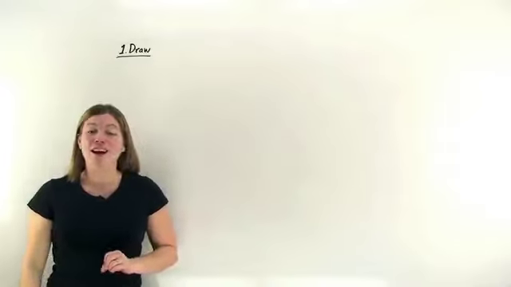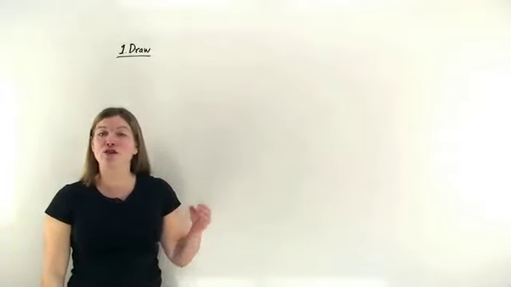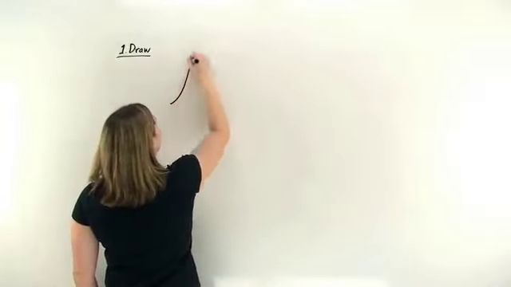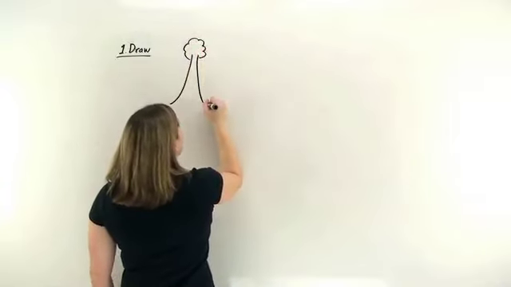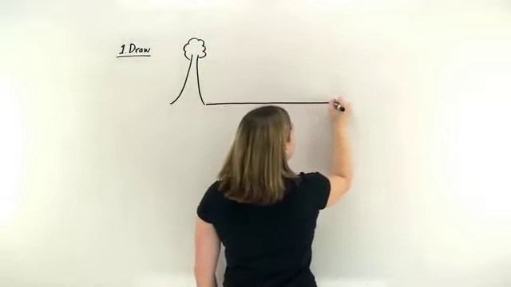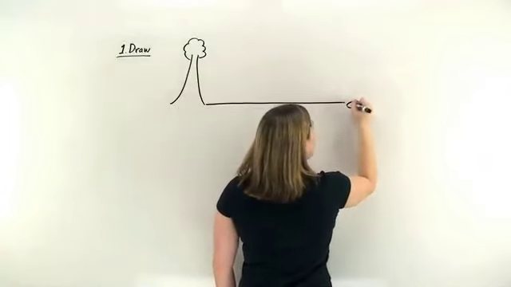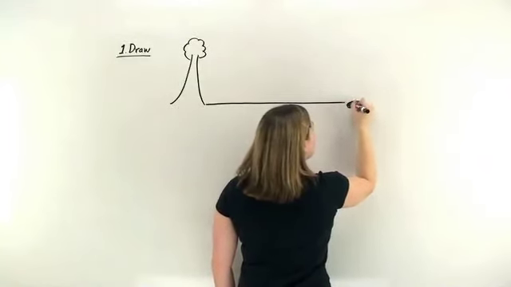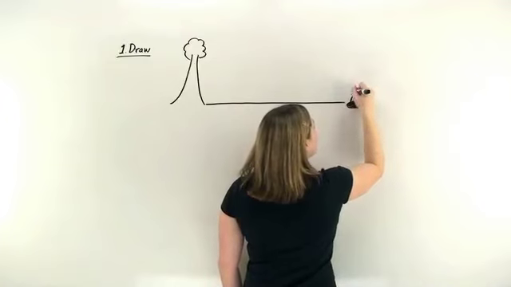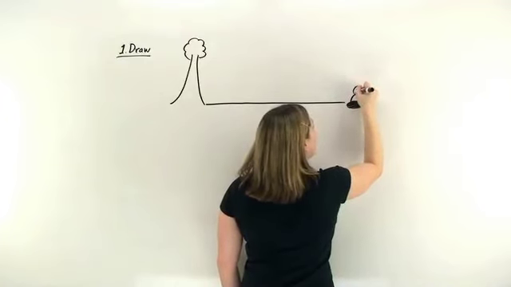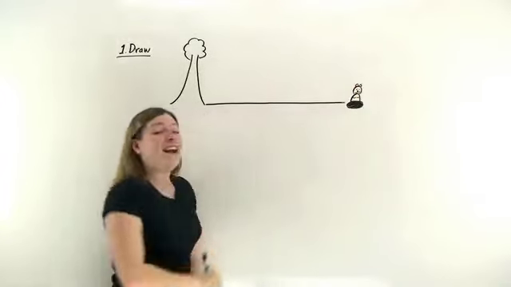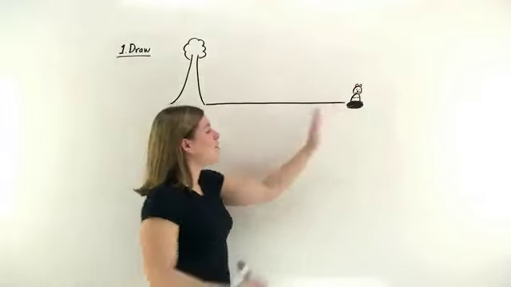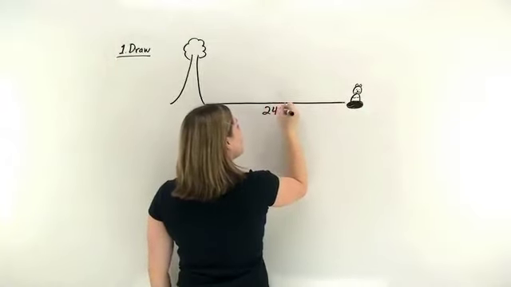Now first, we've been told that a groundhog's hole is 248 feet from the base of a tree. So let's go ahead and draw that out. Here, we'll have our tree. And if we go 248 feet from the base of this tree, we get a groundhog's hole. So here we have the hole, and we have the groundhog peeking his head out of the hole, just like this. Great. Now, we're told that the distance from the base of the tree and the groundhog's hole is 248